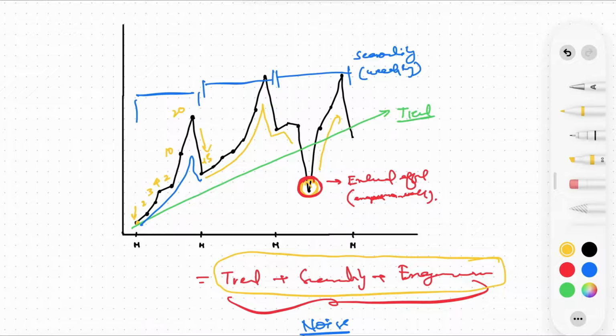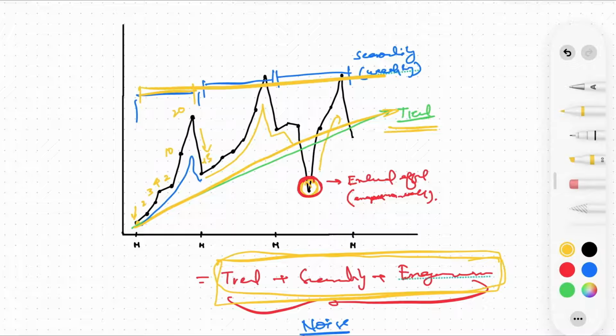In the upcoming tutorials, we'll look into how to get these components out from a time series data. And a time series data could have multiple trends, like a short-term trend and a long-term trend. You could have multiple seasonalities as well, a weekly seasonality, a monthly seasonality, and a yearly seasonality.